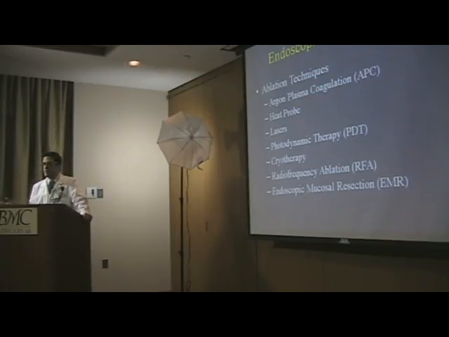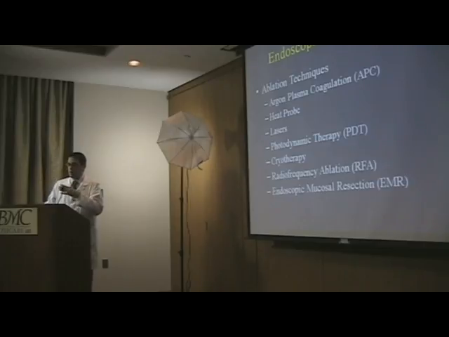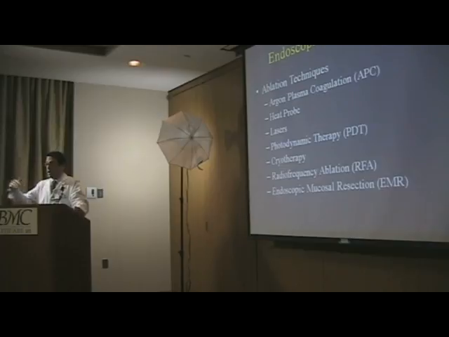So traditionally the concept was, well, okay, you have Barrett's, and the Barrett's really isn't that deep. Can't we just burn that tissue and get rid of it? So, we have what's called an argon laser that we use traditionally for coagulation. People have tried using that for Barrett's ablation. We have other heater probes, we have other lasers. The problem with all these techniques is that it doesn't get deep enough and it can lead to other complications. So these last 4 techniques that have come out have really revolutionized how we're able to get rid of